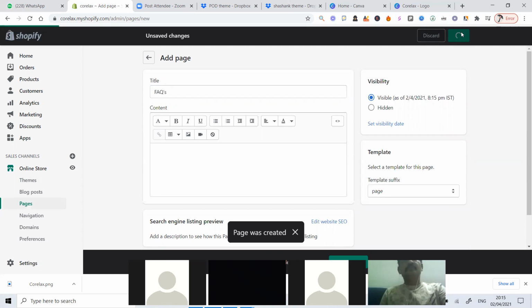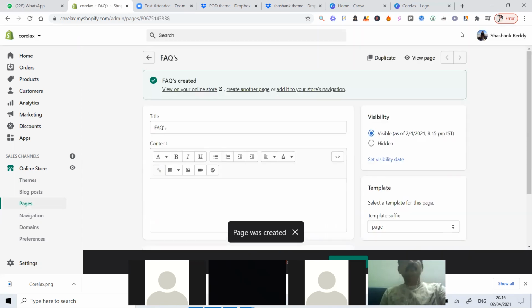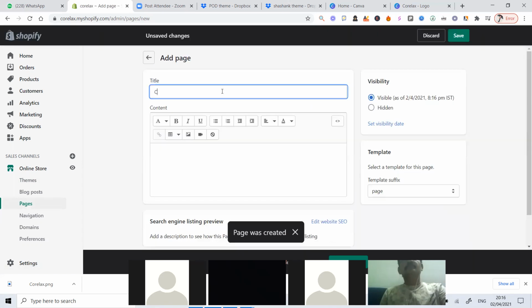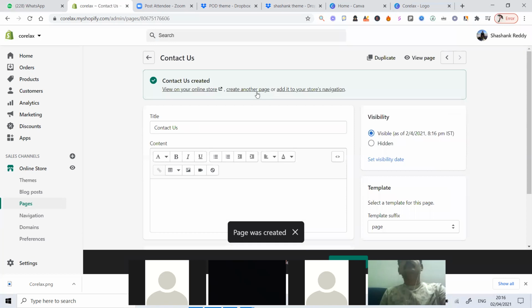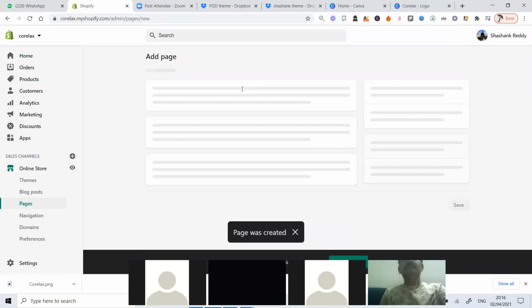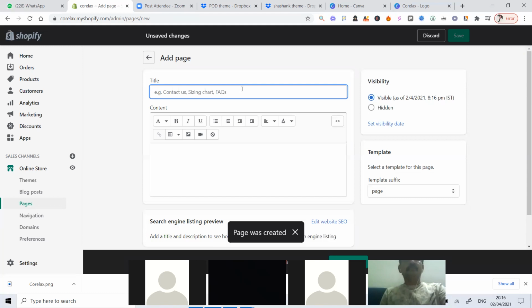Save it, create another page, contact us, create this page, save it. You need to follow the exact process, guys. So create another page, privacy policy, right? Save it.